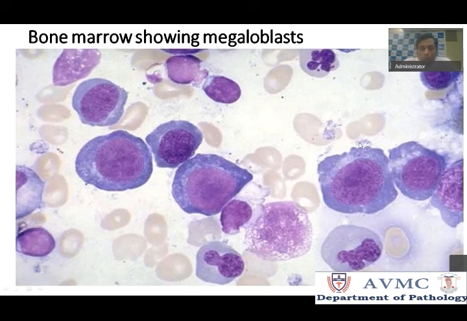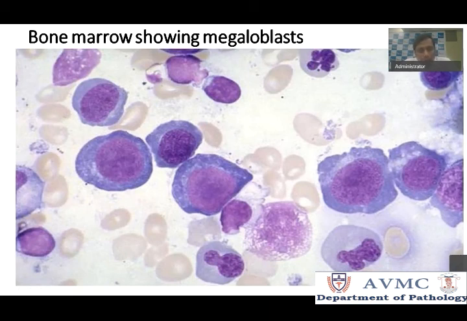You also find a lot of dysplastic changes, like this nuclear lobulation in erythroid precursors. These are called dysplastic changes. You find budding of the nucleus. See here also something is budding out of the nucleus in an erythroid precursor. These are dysplastic changes in the erythroid line. You can also find giant metamyelocytes and giant band forms, and you also find dysplastic megakaryocytes. All these findings are because of abnormal nuclear maturation.